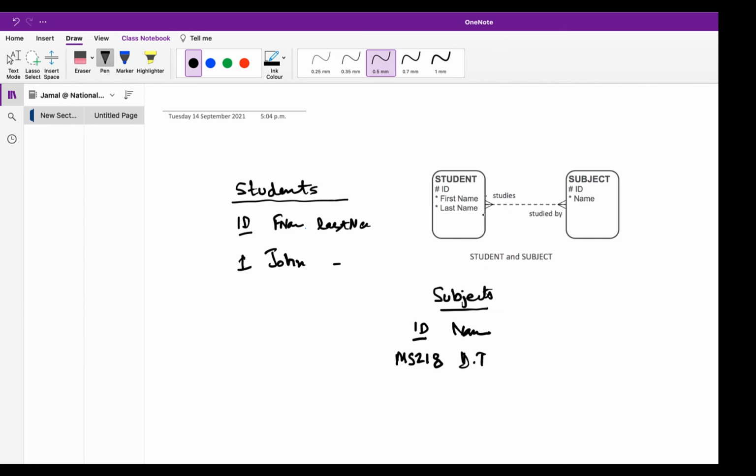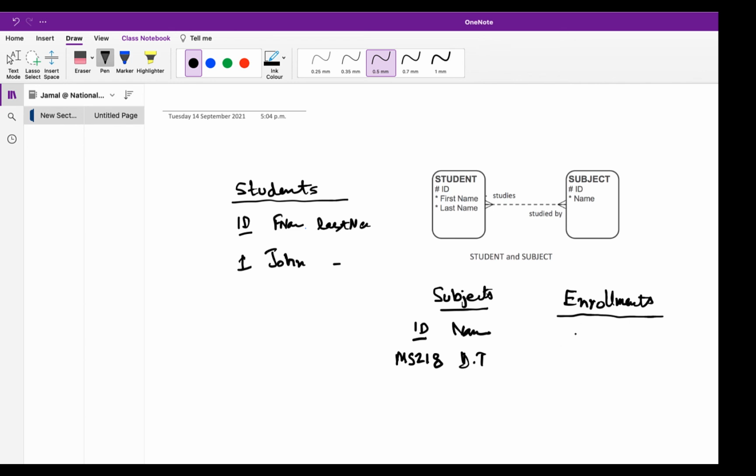That's why we need to break this many-to-many relationship into a third entity, which would be enrollments. And remember, I told you that the primary keys of these two entities would be part of this table or this entity as well.